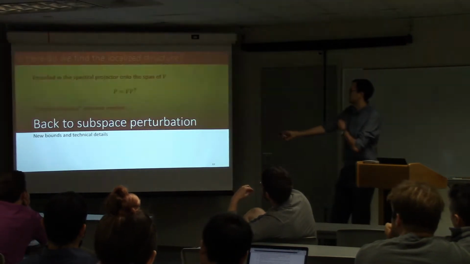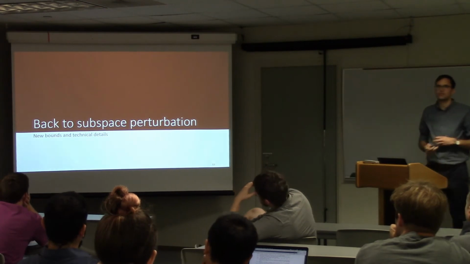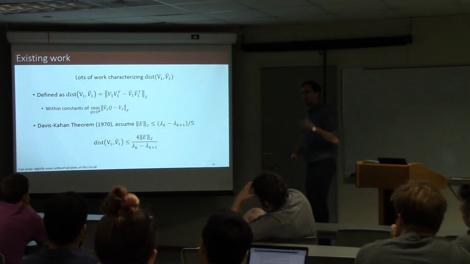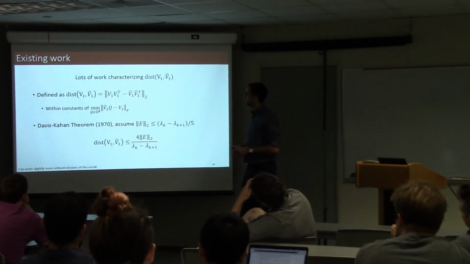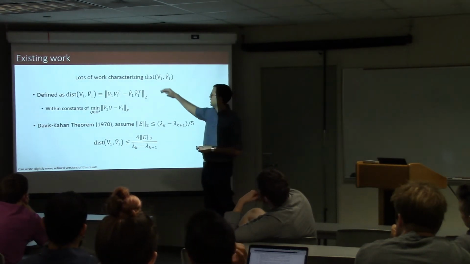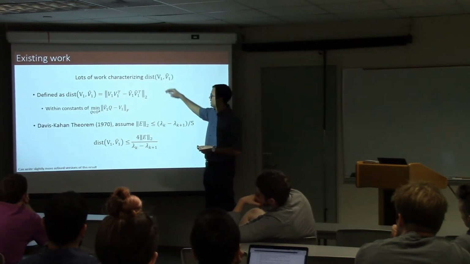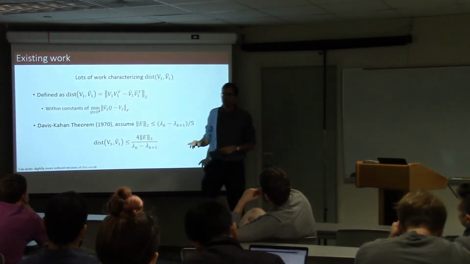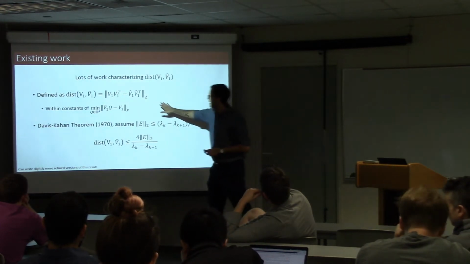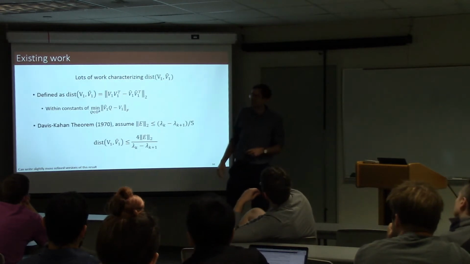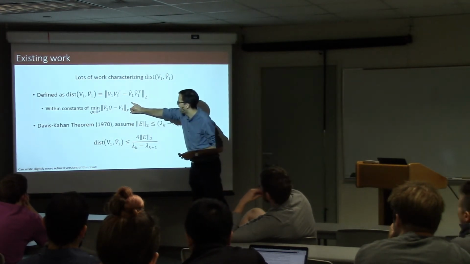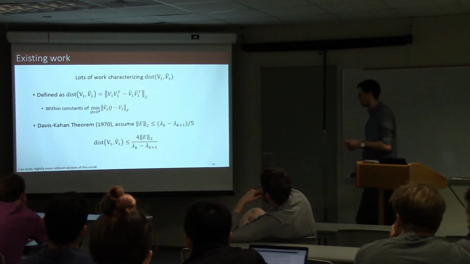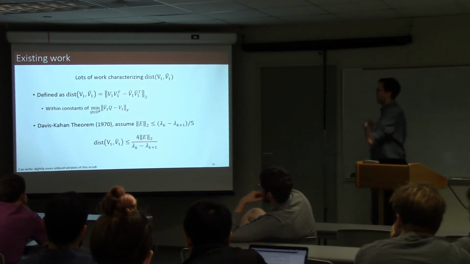All right, so let's go back to the subspace perturbation so I can show you a result or two, okay? It turns out the dominant suite of existing work in this space is primarily concerned with characterizing the distance between V1 and V1 hat defined as follows. I take V1, I form the spectral projector onto it, and I take V1 hat and do the same thing, and I look at how different the two are. Okay? This is related to the value of the solution to this optimization problem, which we know how to solve explicitly, the so-called orthogonal Procrustes problem. So that's what I had on there earlier.